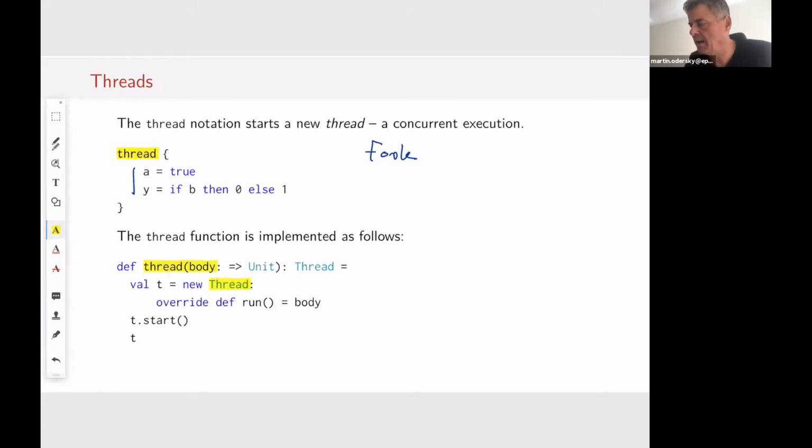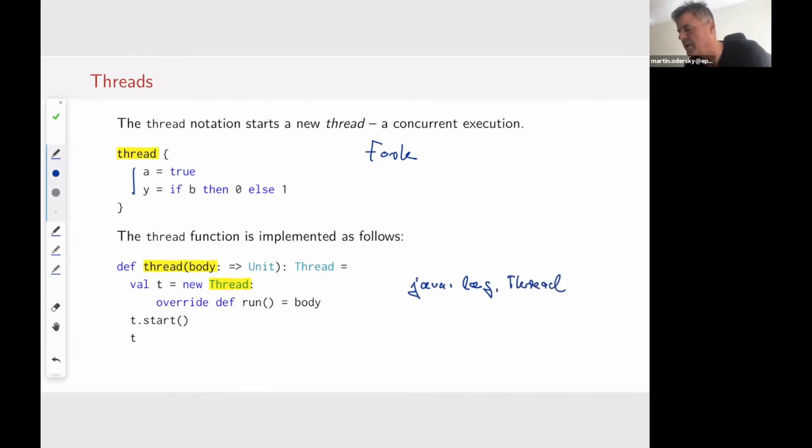Thread is a class in java.lang, but java.lang things are imported automatically in Scala, as we know. So in java.lang, there's a class called Thread. And to define a thread, you have to override its run method. It has a run method that is not abstract, so you have to define it with some body. That defines a thread with a particular behavior that's given by body.